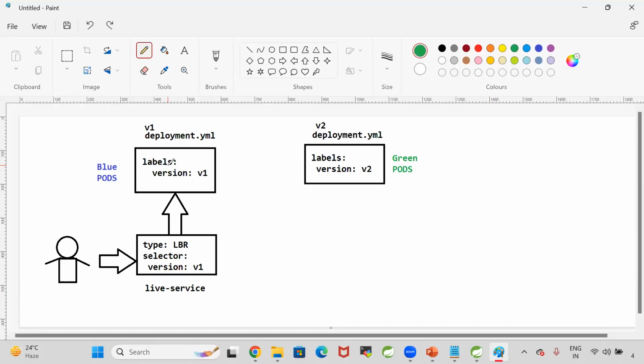Now today, I want to deploy the latest code into the cluster. The latest code I have deployed, in the latest code for the pods, I have given the label as v2. The pods with label v1 belong to blue pods. The pods with label v2 belong to green pods. Now, when I deploy the latest code into the cluster with the pod label as v2,